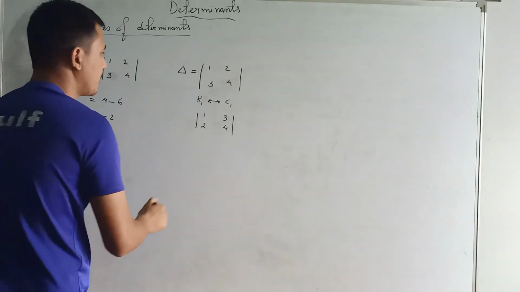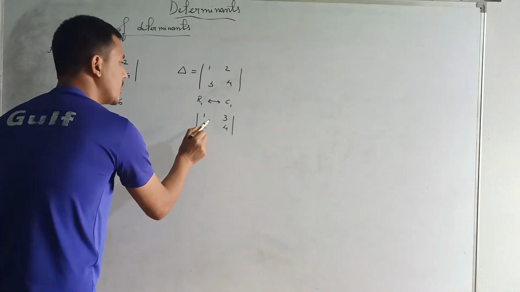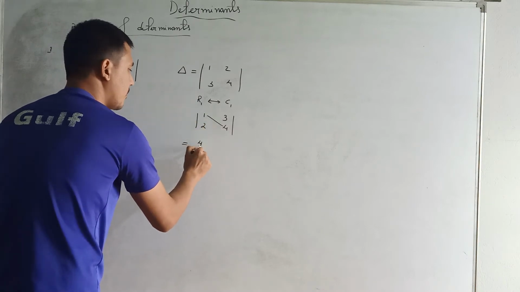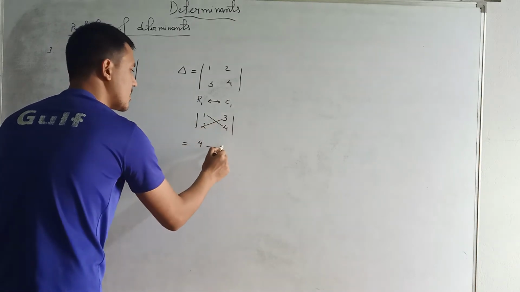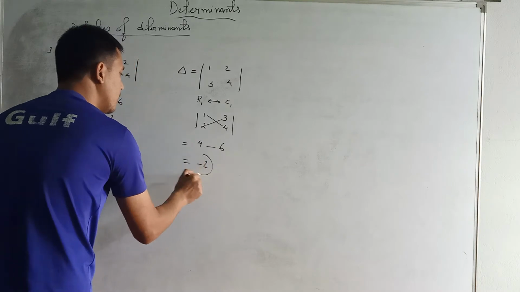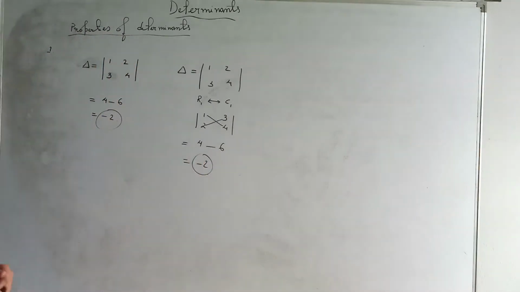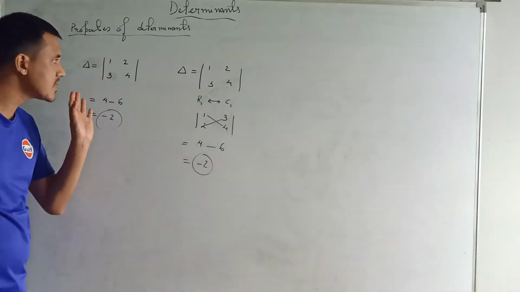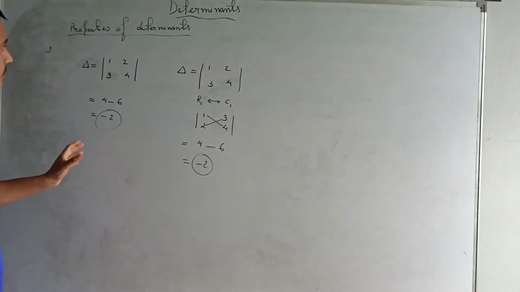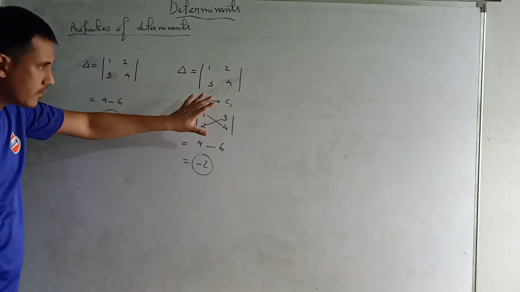Is it okay? Now we expand this determinant. 1 times 4 is 4. Minus 2 times 3 is 6. The value still remains the same. Is it okay? So the value of the determinant remains unchanged even though a row and a column of the